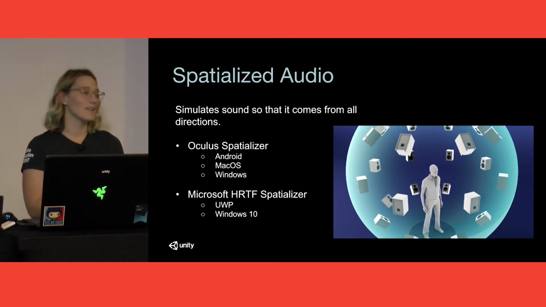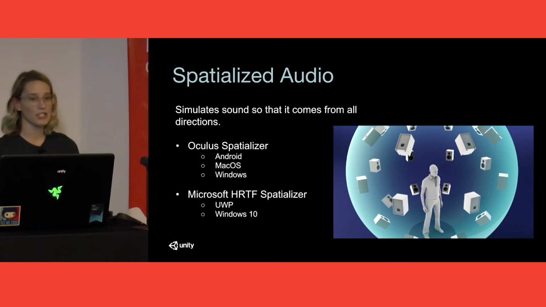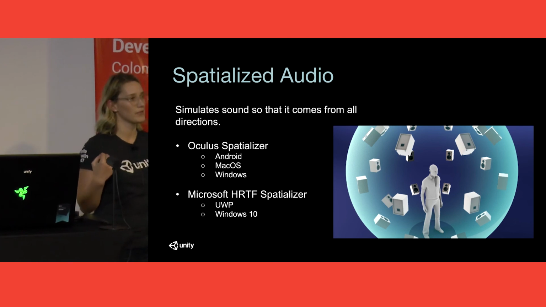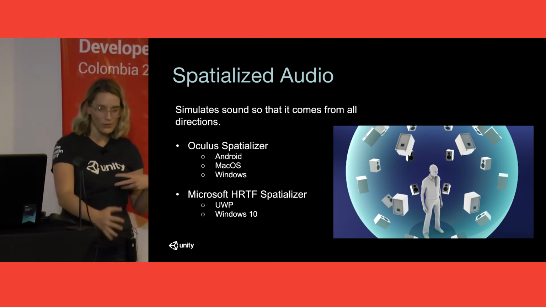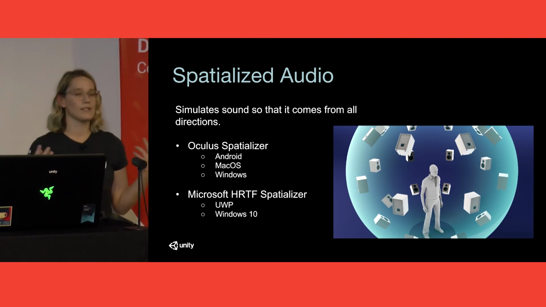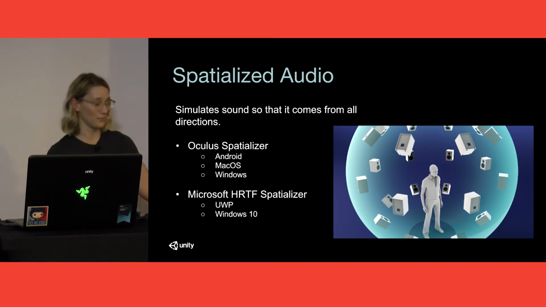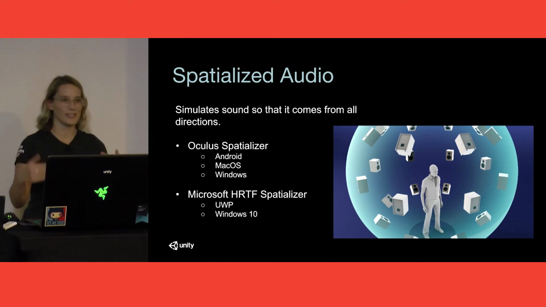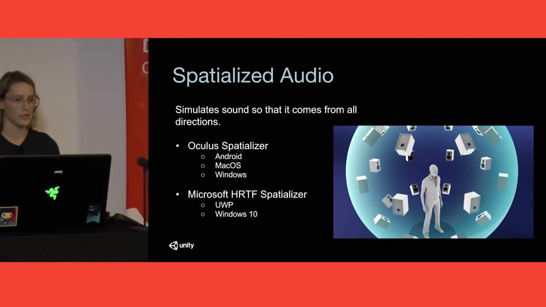All right, I also want to go over some of the included SDKs for spatialized audio. What spatialized audio does is it allows you to get sound from every direction. So, not just left or right, but actually above you, below you, where it's coming from. And your headphones will simulate where it is in the room. This is really effective for VR, because a lot of times the way that you get people's attention is you say, hey, look over here, with sound, and then everyone looks. So you can use sound to get people to look and interact where you want them to.